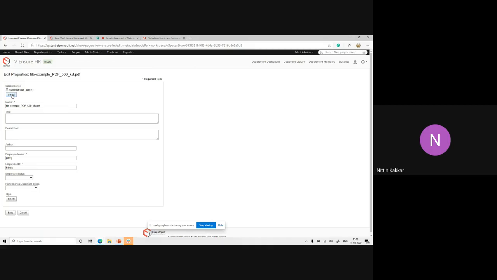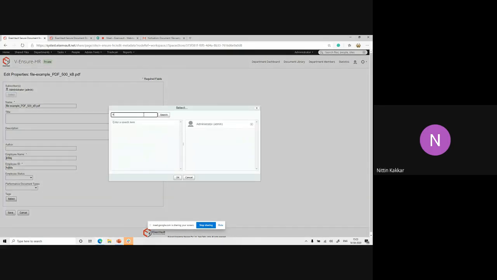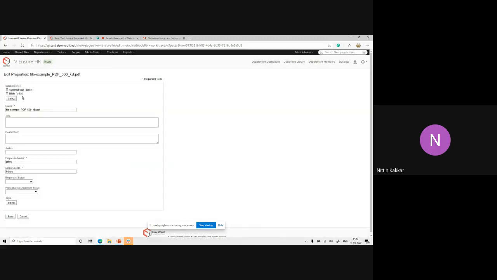So if you click on select, Rajesh, and search for Nitin, say you can click on plus, then click OK and save it. So Nitin will be subscribed to this particular document. Any changes that happen, it's not just the admin, Nitin too will get notified by email that the document has been modified on this particular date. The notification is on a real-time basis: any change to that document triggers the notification instantly, so you don't need to wait for the entire recent activity email just for the update.